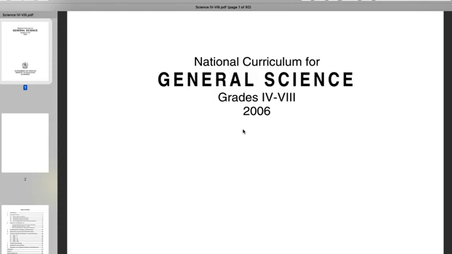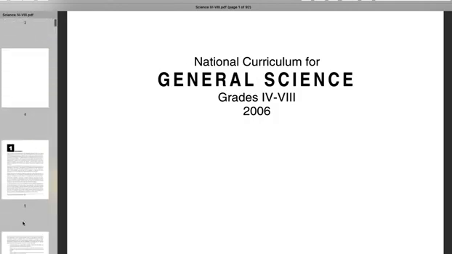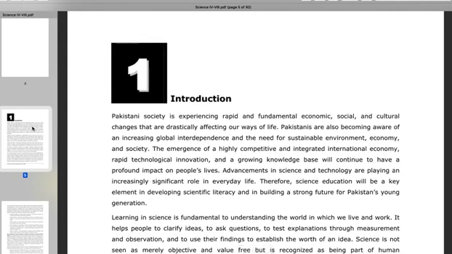लेकिन जब आप यहाँ देखते हैं तो आपको नज़र आता है कि हमारा नेशनल करिकुलम फॉर जनरल साइंसेस जो है वो ग्रेड 4 से लेके 8 तक के लिए बनाया गया है। इसका मतलब ये है कि इससे फर्दर ग्रेड्स में जो भी साइंस का करिकुलम पढ़ाया जाएगा उसके लिए अदर करिकुलम डॉक्यूमेंट मौजूद है। सबसे पहला डिफरेंस हमें यहीं से नज़र आ जाता है कि ये चौथी जमात से लेके 8वीं जमात तक के बच्चों को क्या पढ़ाया जाएगा, कैसे पढ़ाया जाएगा और किस तरीके से पढ़ाया जाएगा उसके ऊपर डिपेंड कर रहा है और उसे गाइड कर रहा है।